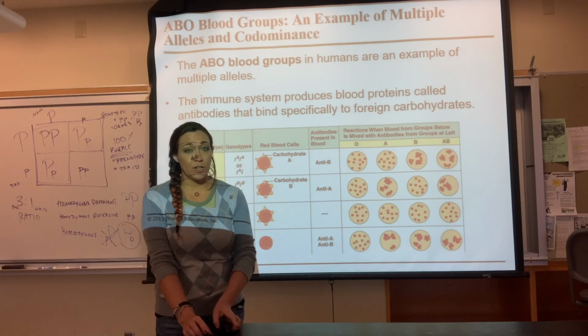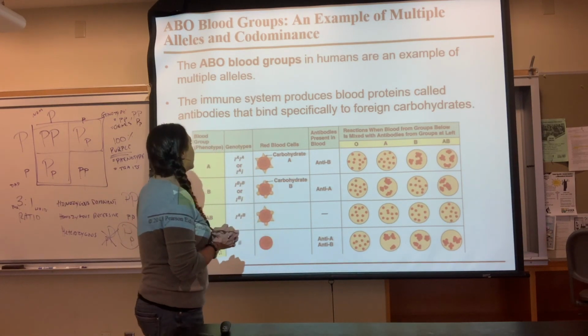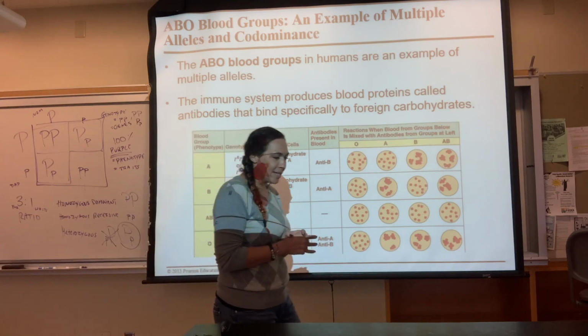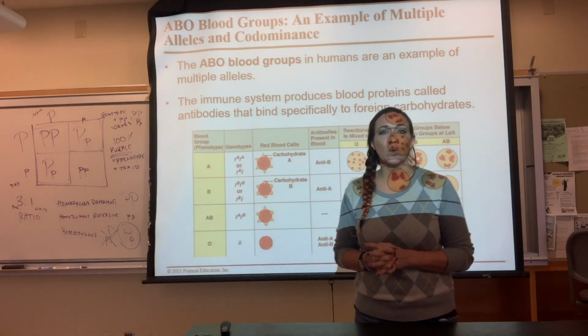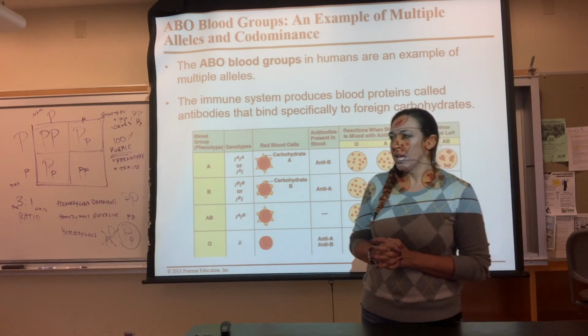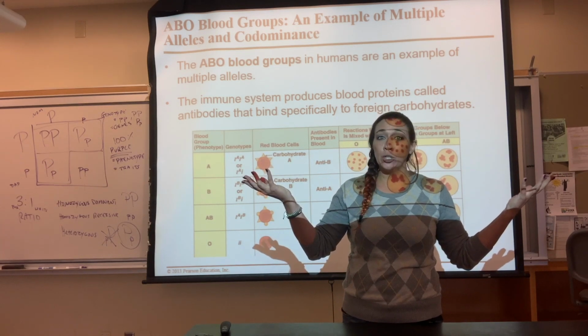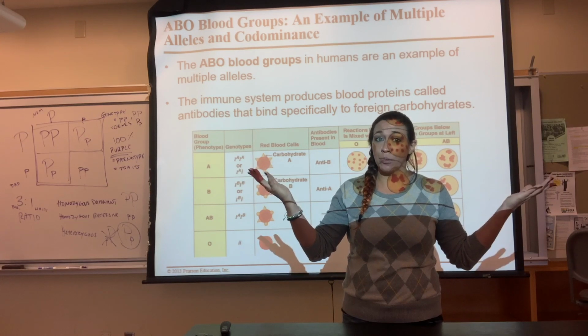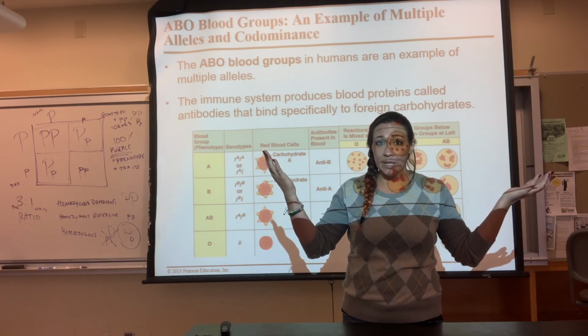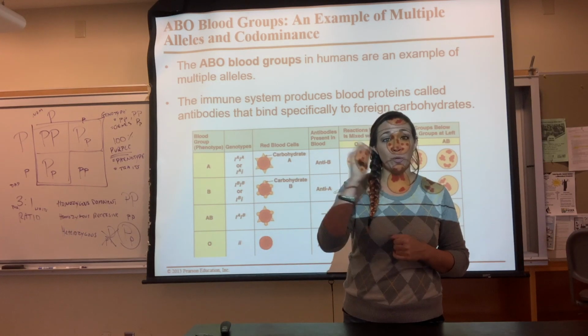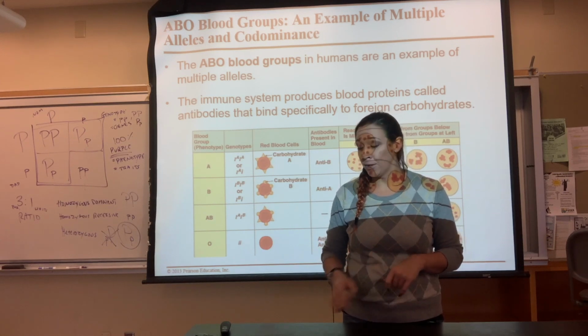Now, it does get a little trickier than this. There are things like co-dominance, like our blood types. Our blood types are actually co-dominant. Say your mom is a type A and your dad is a type B. That means you are actually going to show up with both, right? A is not dominant to B. They're both going to show up, which means your blood type is going to be AB.